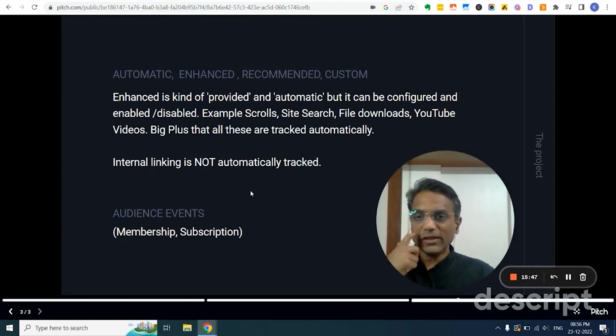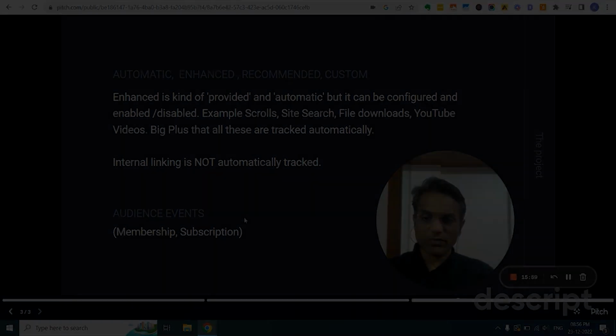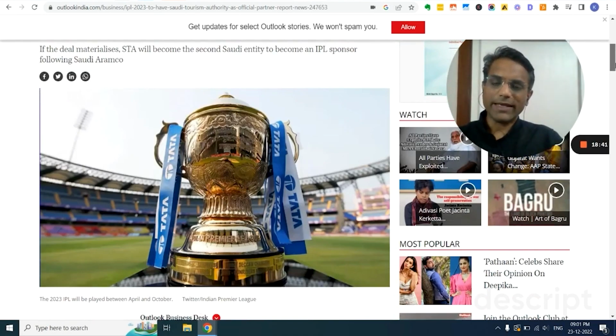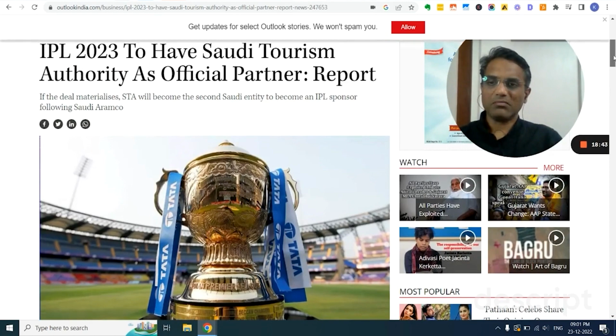Interestingly, in GA4, there is one more kind of event called the audience event, which is really something which publishers need to explore. To give an example of audience events, right? So if for example,